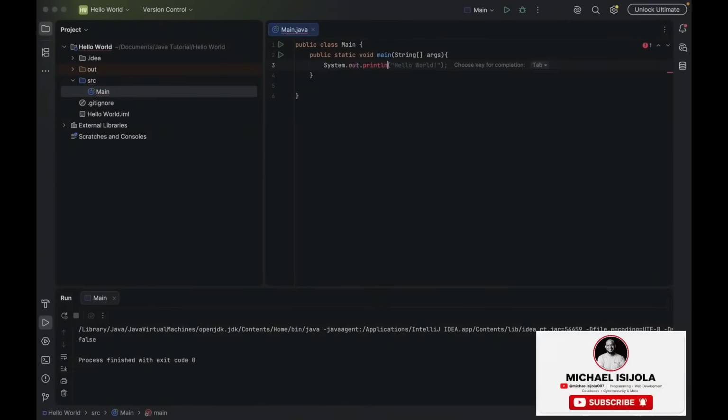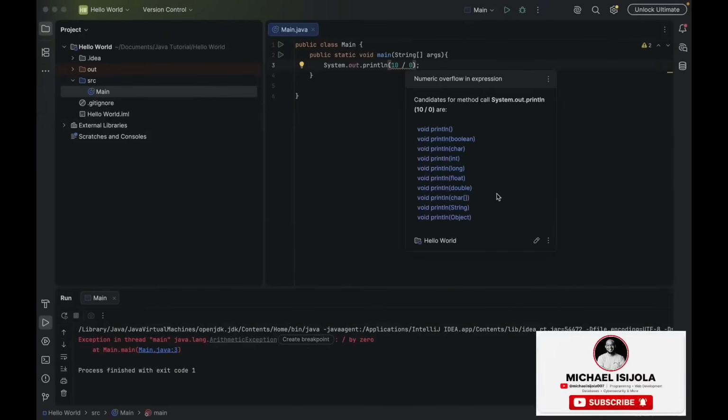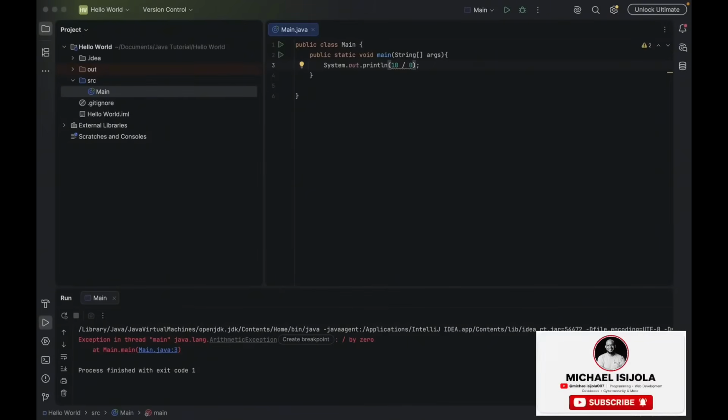They will have something like this, and this is going to cause an error. If we try to run this now, it's going to give us an error, because this is not correct. Another one that I would like to point out is